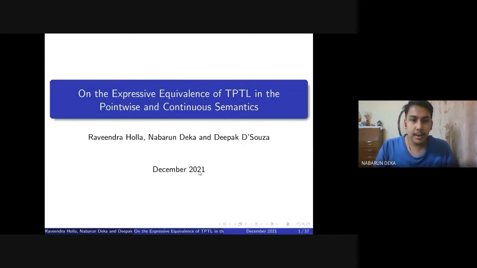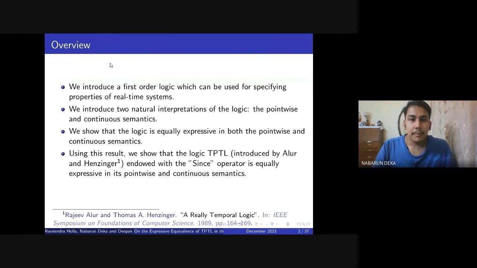Hello everybody. Today I'll present our paper on the expressive equivalence of TPTL in the pointwise and continuous semantics. In our paper, we introduce a first-order logic which can be used for specifying properties of real-time systems, and we'll introduce two natural interpretations of the logic, the pointwise and continuous semantics. We show that this logic is equally expressive in both these semantics, and as a result, from this theorem, we